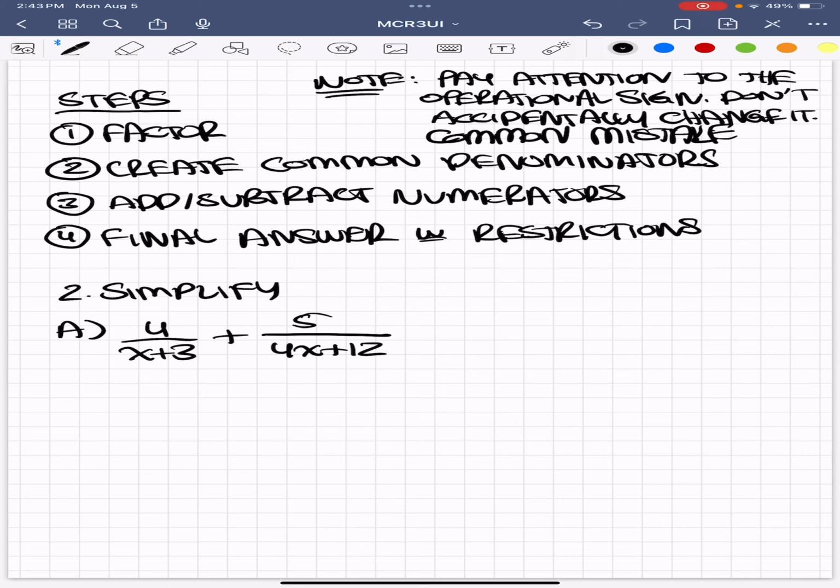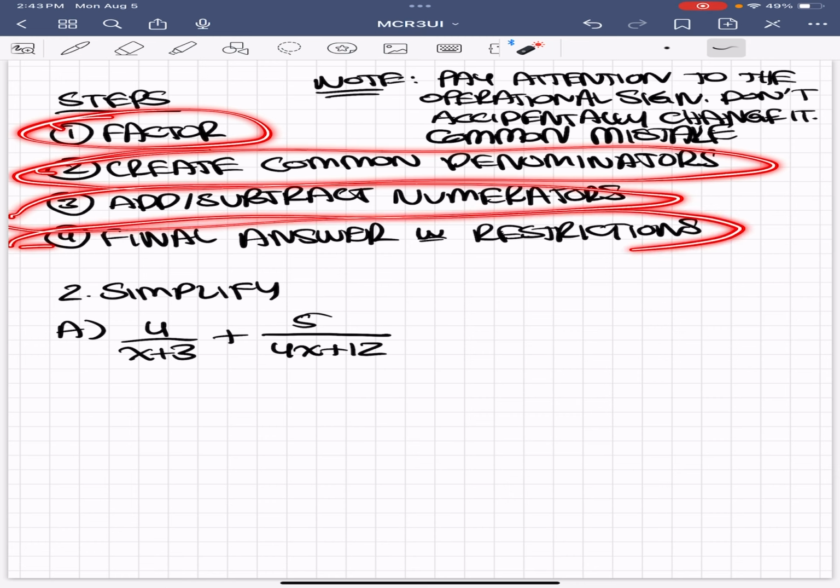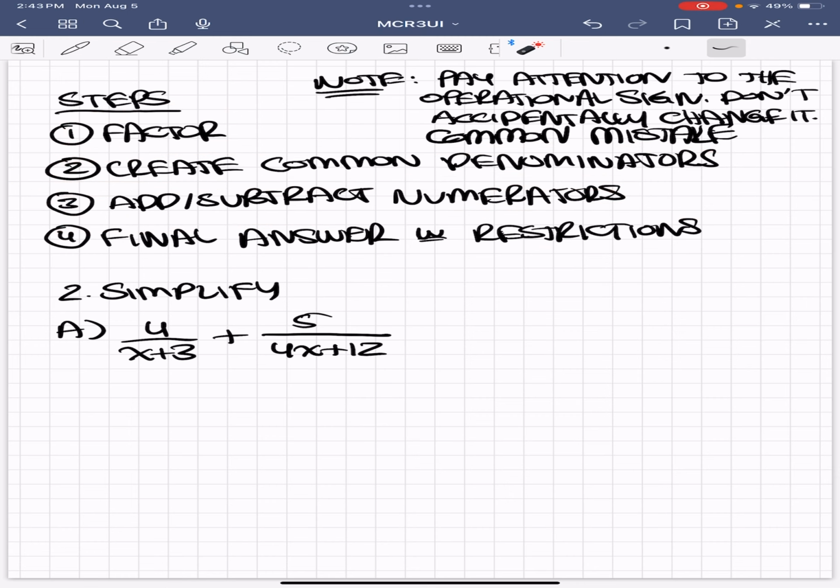Okay, so we're factoring. We factor, we create common denominators, we add and subtract numerators, and then we have our final answer with restrictions. Pay attention to the operational sign, don't accidentally change it, it's a common mistake. So just watch out for these operational signs, and if it's a minus, then expanding that into the expression on